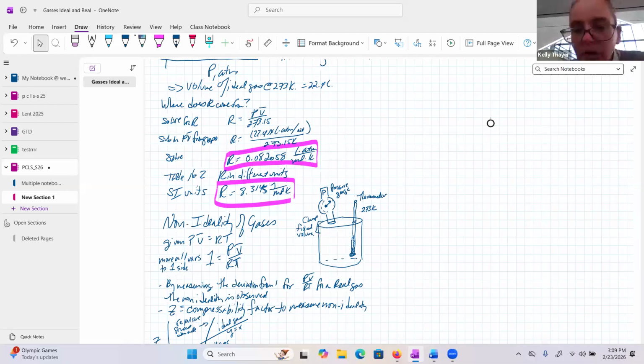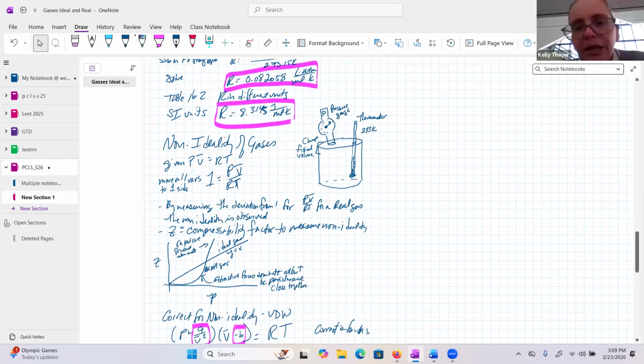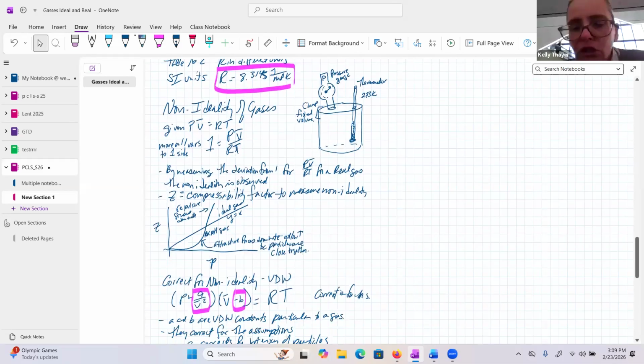We also talked about how we can measure the non-ideality of gases. So if you had a chamber that is a fixed volume and you set the temperature, then you measure the pressure of various gases, right? You fill different gases into this chamber and you take some experimental measures. And what we saw is that we can take advantage of rearranging an equation. So you put all the variables on one side and it should be equal to 1. And you go ahead and do the plotting for what you actually got out.